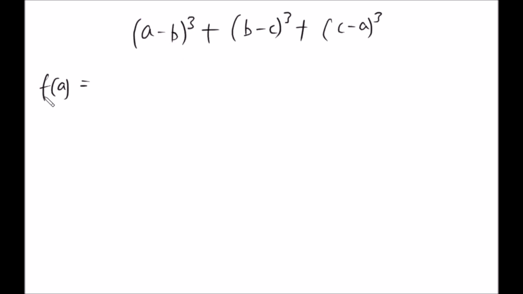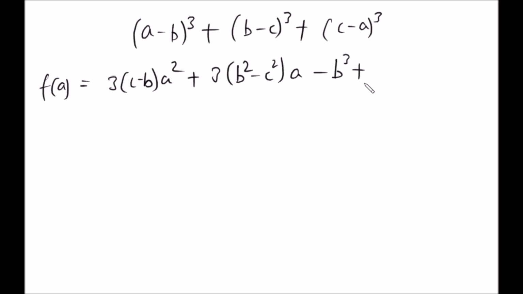Kwa hiyo hii nikaiandika in terms of f of a, kwa hiyo ikawa ni 3 c minus b a squared plus 3, so it's b squared minus c squared a, so nikabaki na minus b cube plus c cube, and then we add plus b minus c cube. Yeah, so nilivyofika hapo now